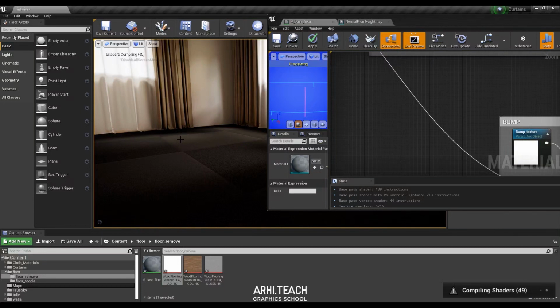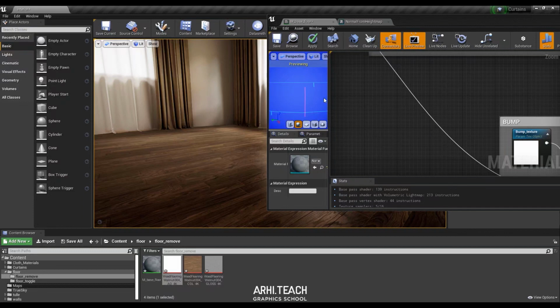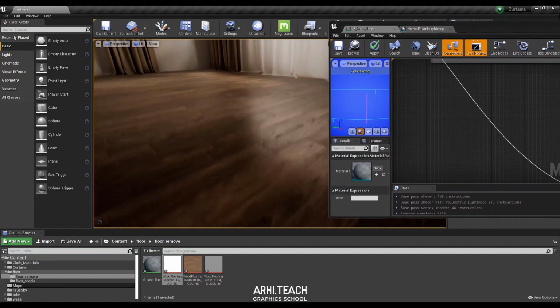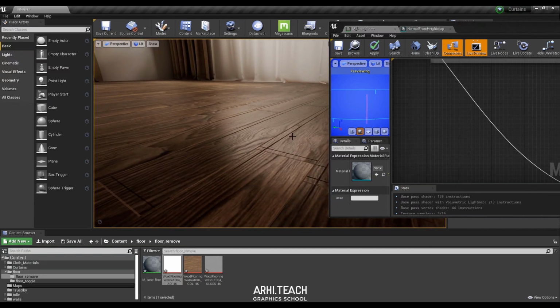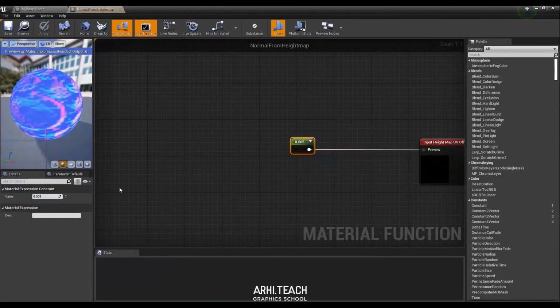The compilation will be completed now, and you will see that normal bump will not work properly. And again, as I said, by changing the system node in one project, it will change it in all projects in the engine. So you see what we've got. The bump is the color that controls our relief is shifted. In this case, I have empirically determined that 1/10,000th is perfect for our needs.